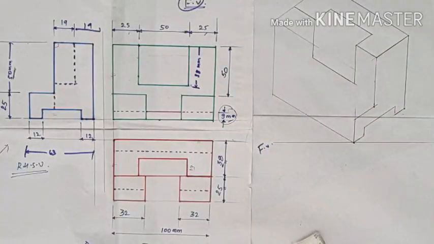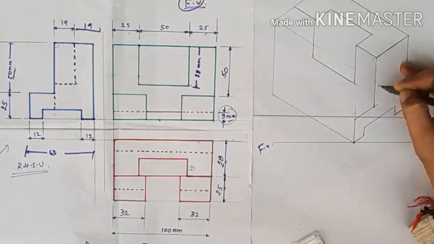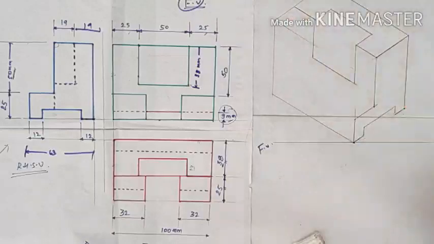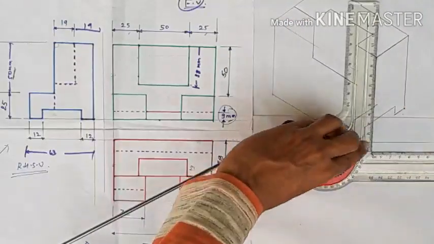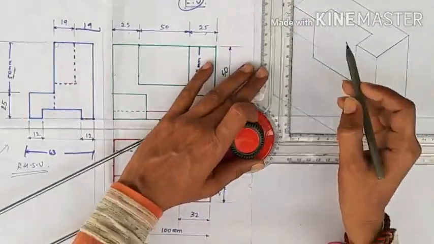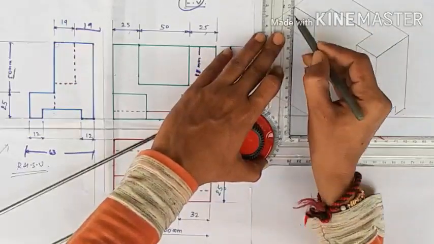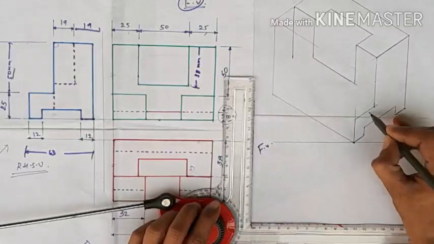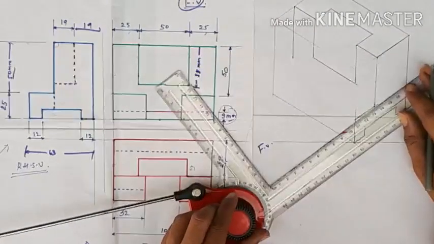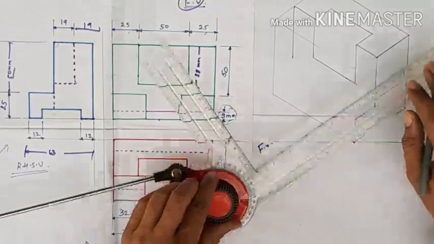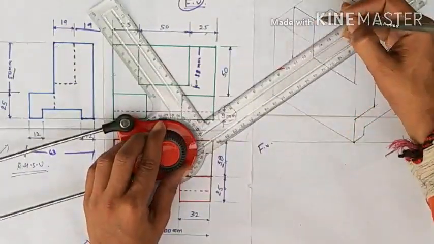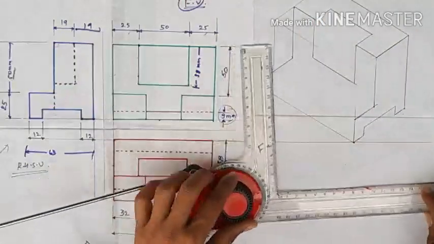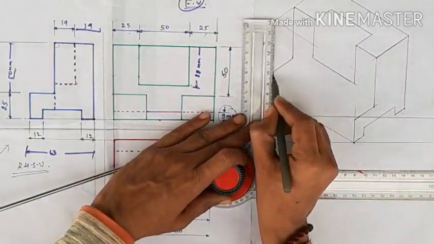Okay, now it is 50 mm. So again, same line, draw again from this side. This is your 50 mm. Now this was again the same, so parallel to it, parallel to the width side, a line joining here. And this was again your 25 mm.